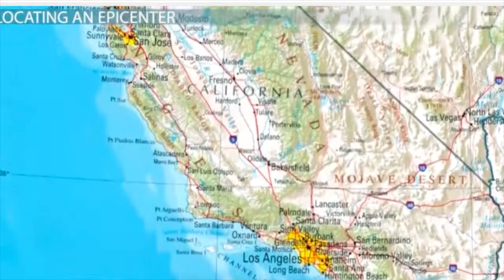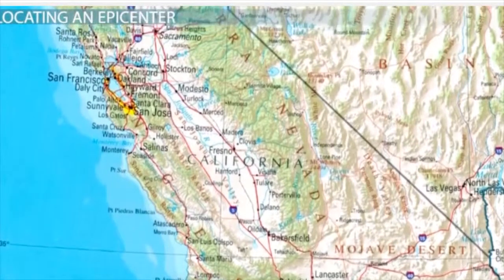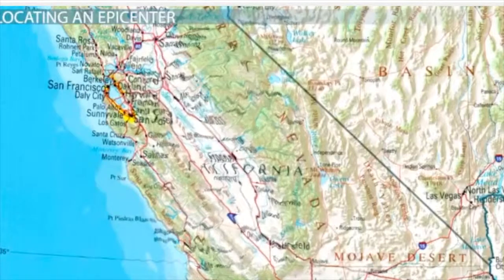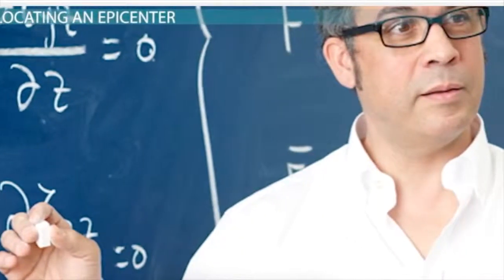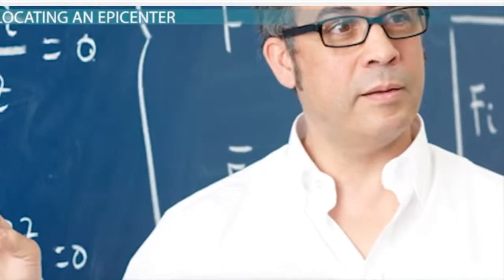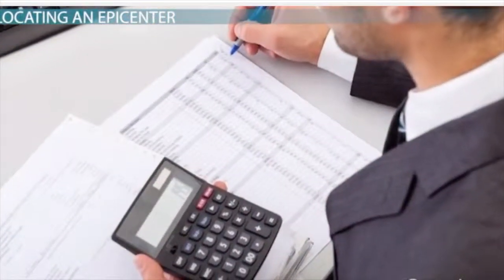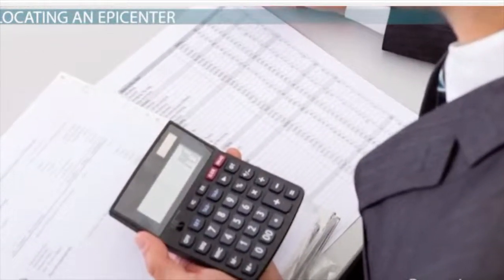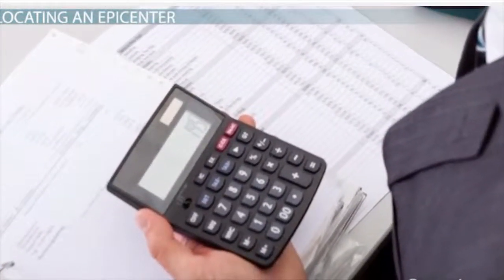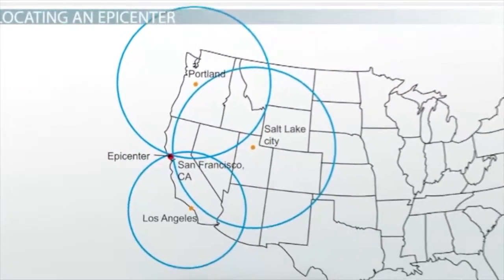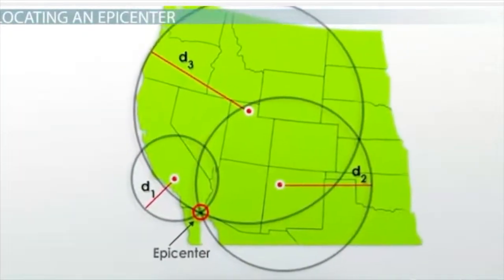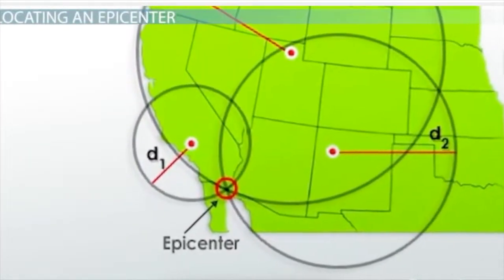This hinges on the fact that there is a lag time between receiving the first waves of an earthquake, called the P waves, primary waves, and the latter S waves, secondary waves. Since we understand how these waves work, we can use this lag time to calculate the distance from the earthquake to the seismograph. Larger distances mean greater lag times. Then, by drawing a circle around the seismograph on a map that represents the distance, you can narrow down the location. 3 circles from 3 seismographs will overlap at the location of the epicenter.